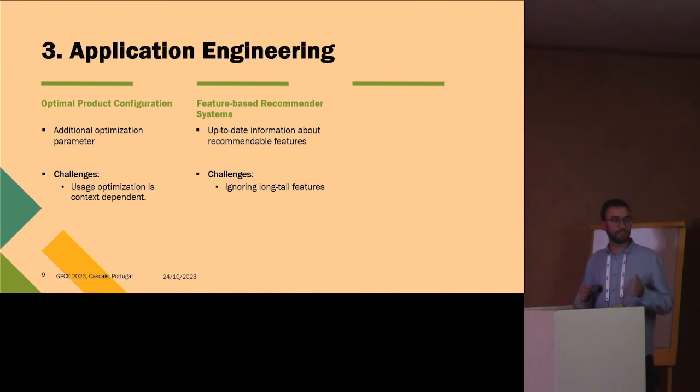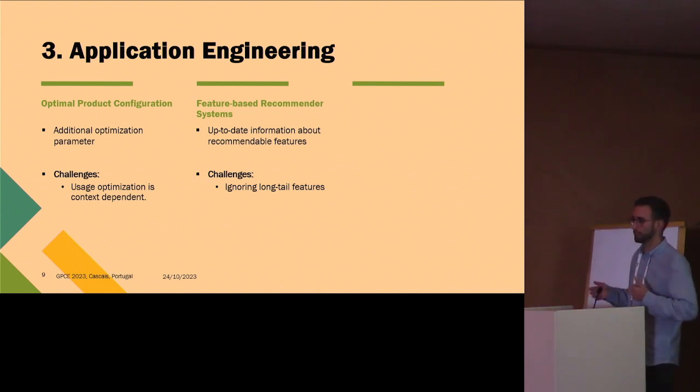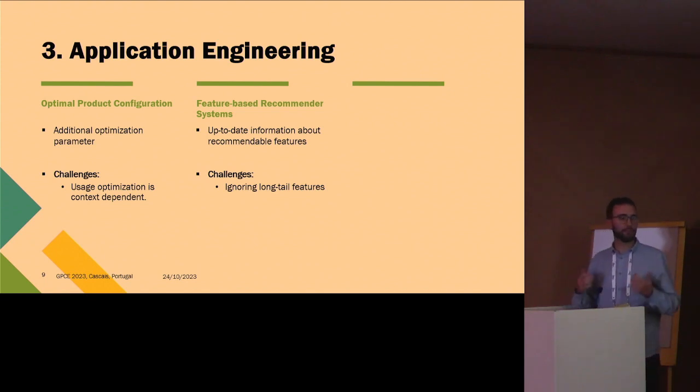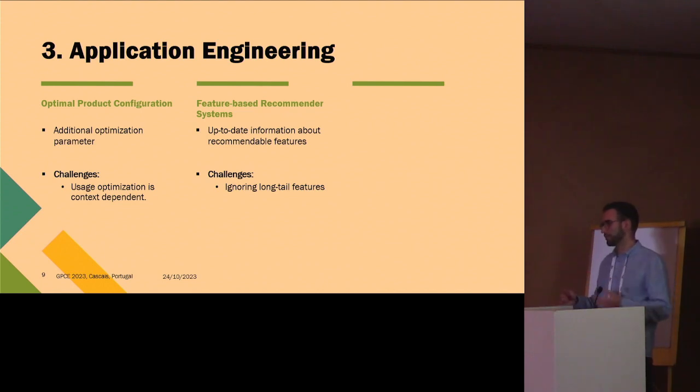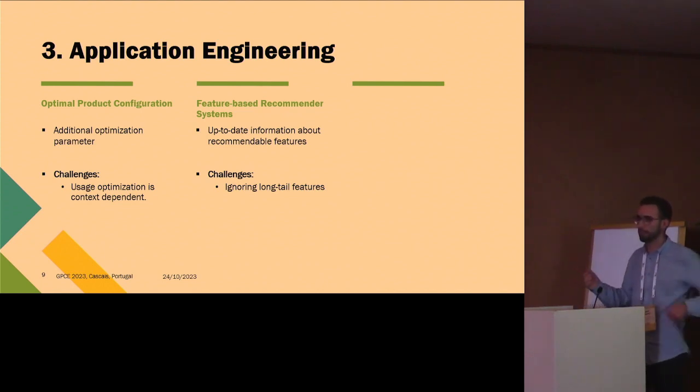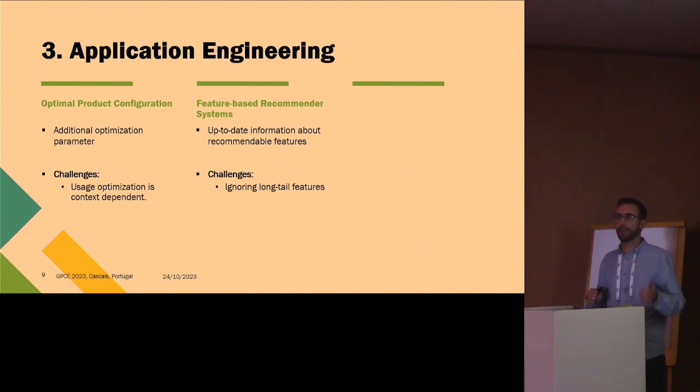And here also the challenge would be quite similar to the previous one, because it's based on the context. If we only rely on general usage or feedback for our recommendations, we could end up ignoring the long-tail features. Long-tail features are those features that are less popular, but we could have a customer or a group of users that are really interested in them because their particular context has interest in that particular feature. So here also we should have some contextual information about the feedback in order to optimize or